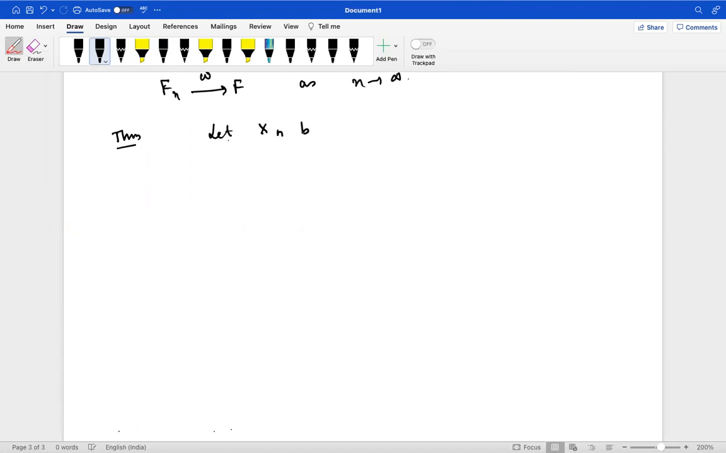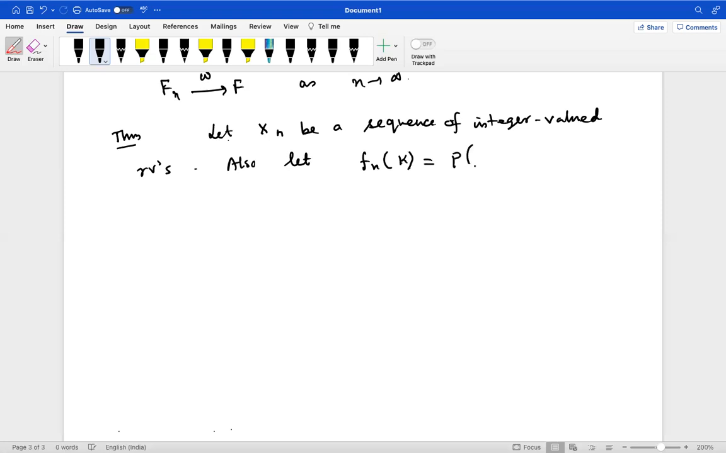Xn be a sequence of integer-valued random variables. So it takes only integer values. Also let fn(k) equal the probability that Xn equals k, for k equal to 0, 1, 2, ..., be the PMF. Since it is integer-valued, it is called a PMF. Be the PMF of the random variable Xn,